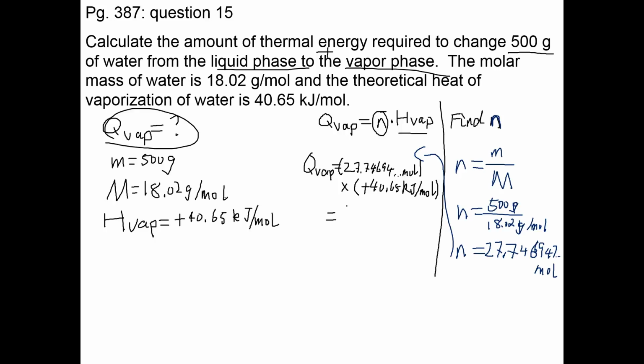And I got an answer with the correct sig digs of 3 once again from 500 grams. So we get the heat energy required to evaporate that much is 1.13 times 10 to the 3 kilojoules. Actually quite a bit. All right, you can use megajoules if you want, but I'm going to leave it like that. So that is the answer for the question.